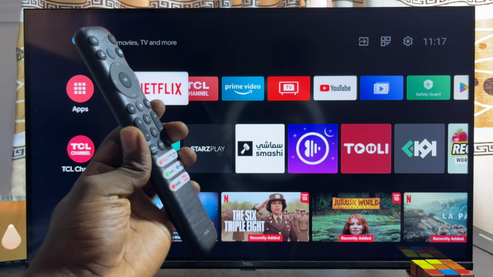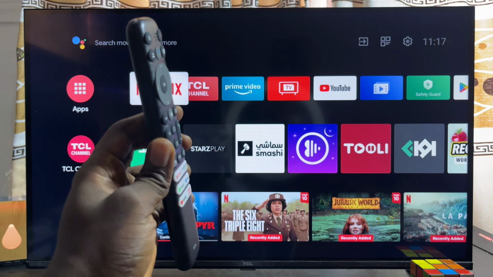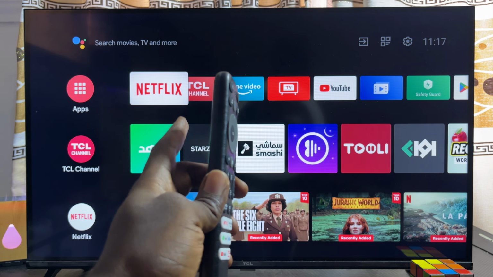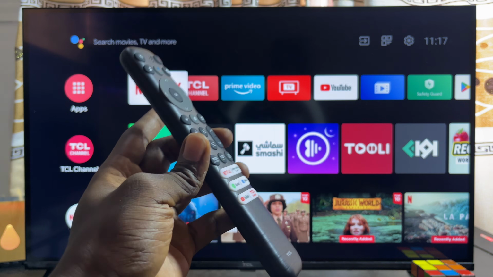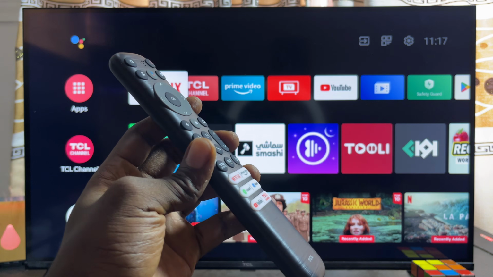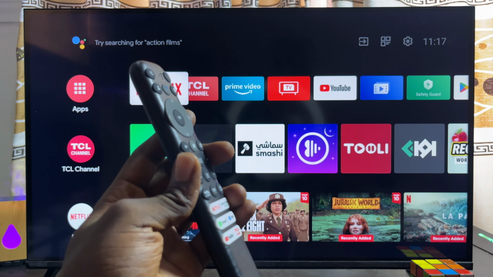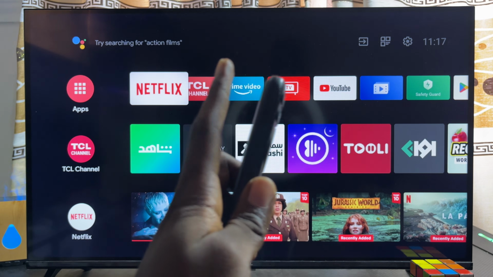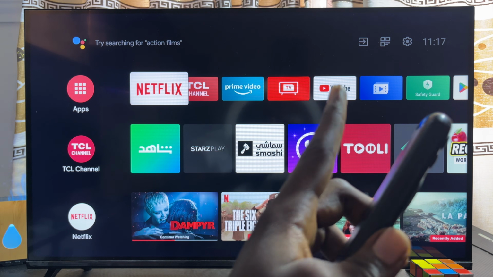In this video, I will show you how to download and install Stremio on your TCL Smart TV. Now over here, I have the TCL Android TV, but whether you have the TCL Google TV or the TCL Roku TV, this video should help you get Stremio on any TCL Smart TV you have. Now first things first, you want to make sure that your TCL Smart TV is actually connected to the internet,